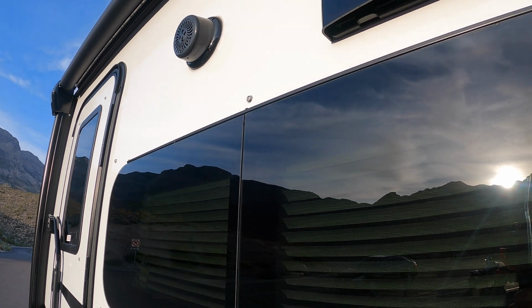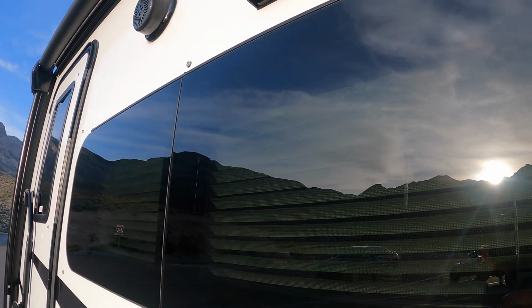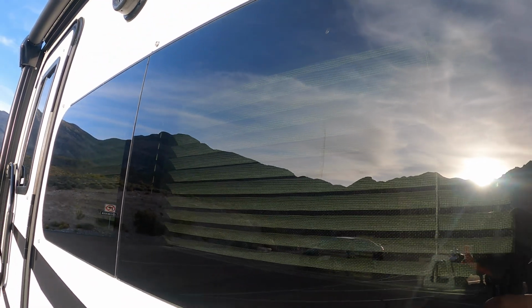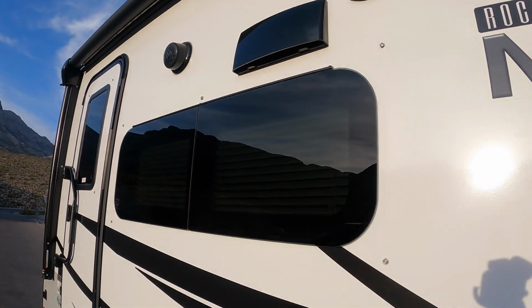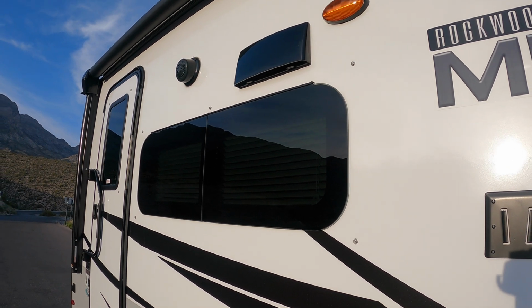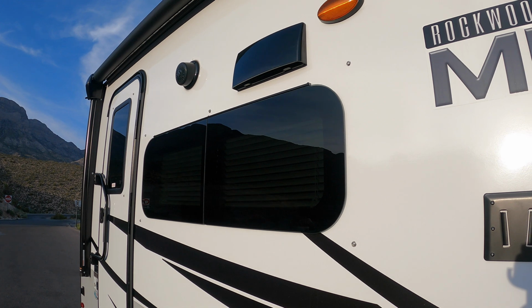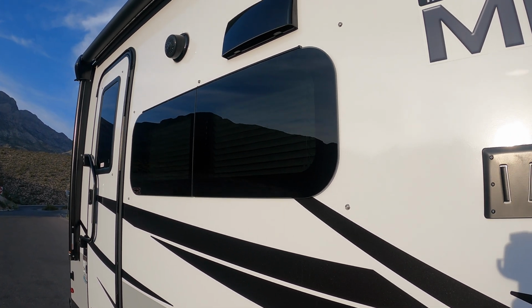It's keeping the sun out. But what is it doing? It's hitting the glass with sun on the way in, UV on the way in, and then it's bouncing back. So it's double heating it, and it's causing the tempered glass to overheat, and then they just shatter when you're driving down the road. So what I did was this, and then you can just every season, or just make them yourself,